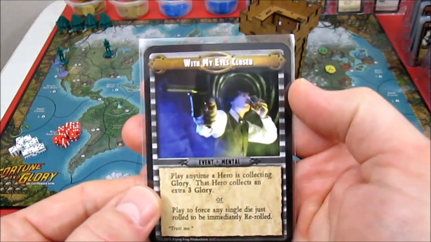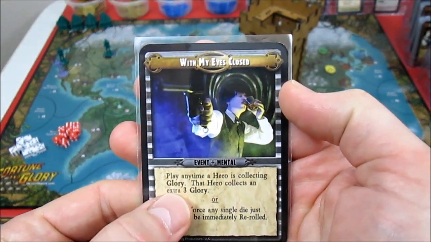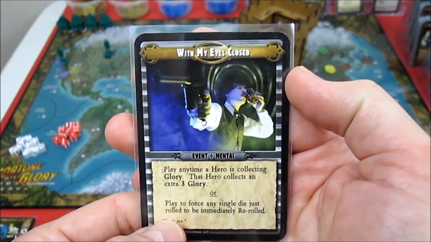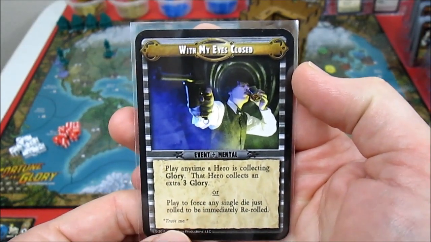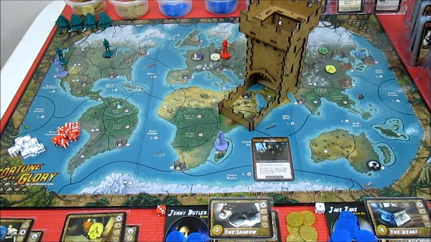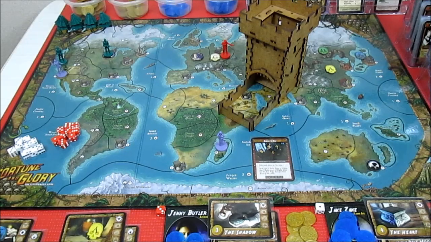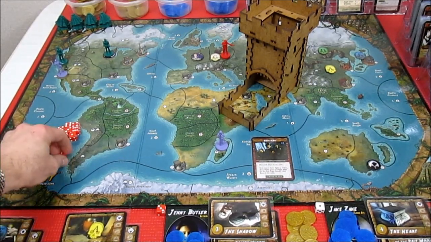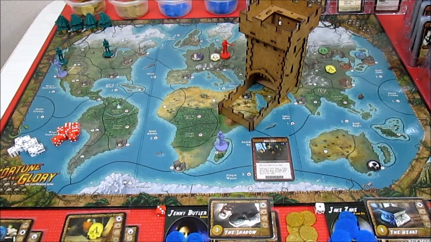With my eyes closed. Play anytime a hero is collecting glory. That hero collects an extra 3, or play to force any single die just rolled to be immediately re-rolled. Okay, there's lots of kind of re-roll abilities. A bullwhip, which he didn't use, and with my eyes closed, force any single die just rolled. Okay, that's okay. Now we have to roll for movement, and they both will be able to move, so let's